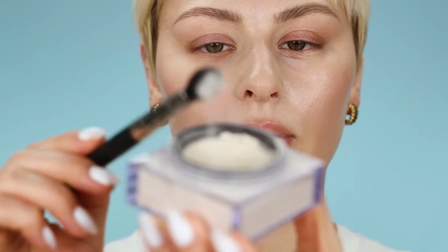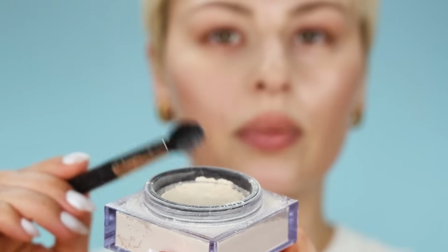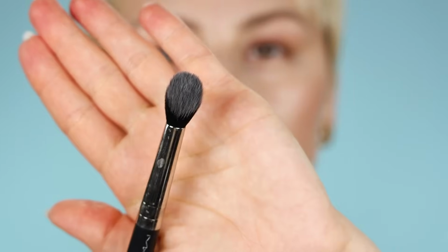This is my MAC 240S brush, which is a synthetic brush. I don't know if it's for eyeshadow or what, but I used to use this to set my under eyes. So I'm gonna do the same thing. I'm gonna pick up powder, tap it off so I'm not going in with way too much. Okay, that's how my brush looks. So not ridiculous. I'll use the same sponge and blend this out and then set with a brush so that